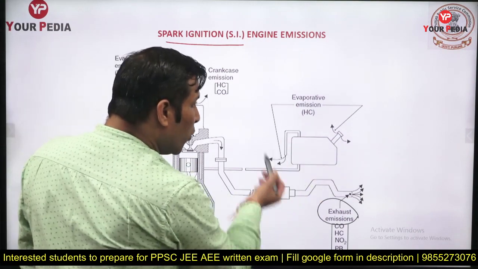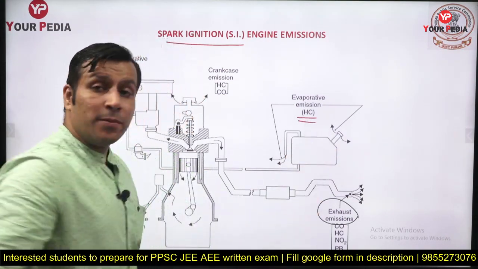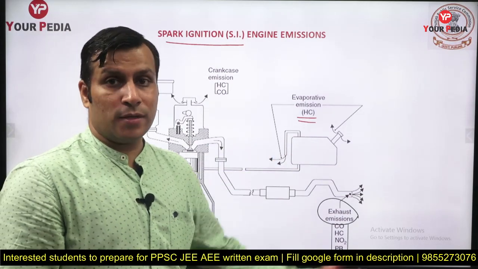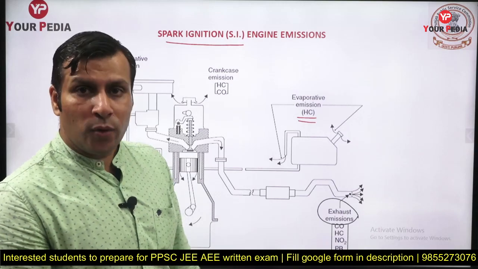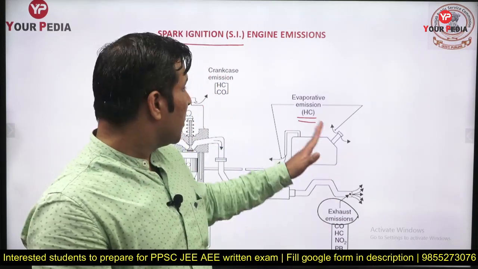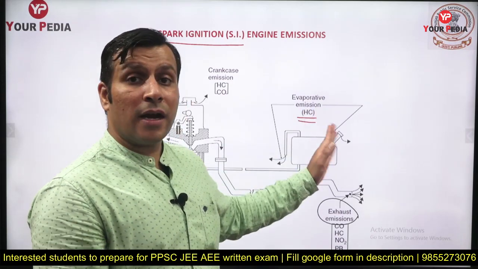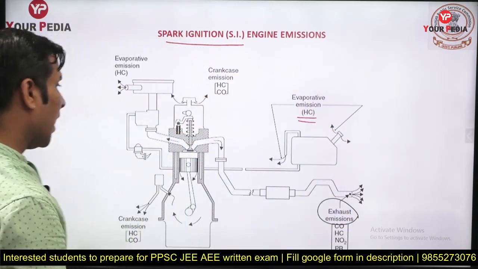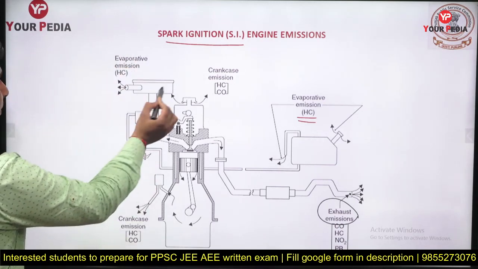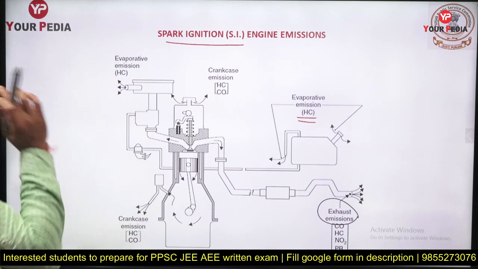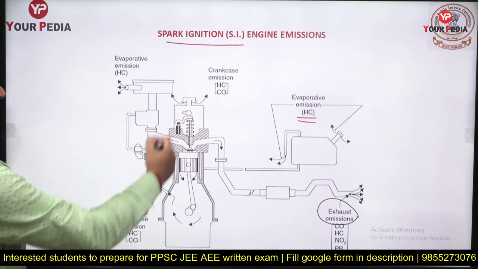Similarly, from the fuel tank, you can get some kind of evaporative emission of what? Hydrocarbon, because petrol is a very volatile substance, so it is going to evaporate from the fuel tank when you are opening the tank for filling or for other purposes, and even some kind of air vent we keep to maintain some pressure. So hydrocarbons are going to evaporate from the tank. Also from the pipeline, you can check it here. So evaporative emissions from the pipeline, the suction pipeline, and crankcase emission, you can observe it here.